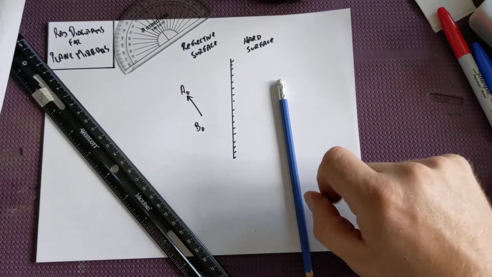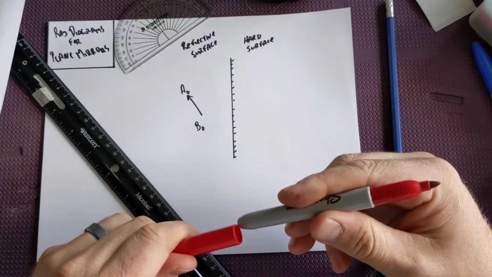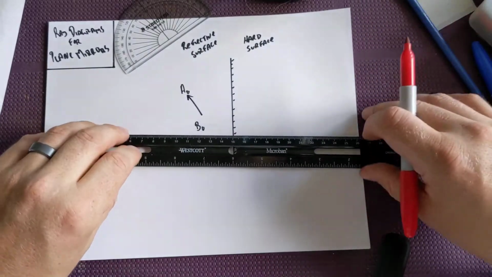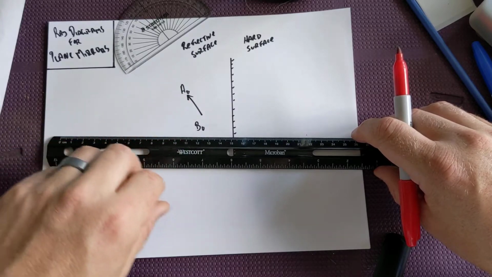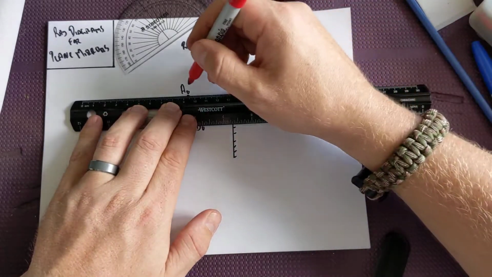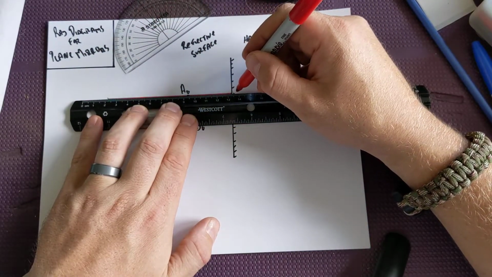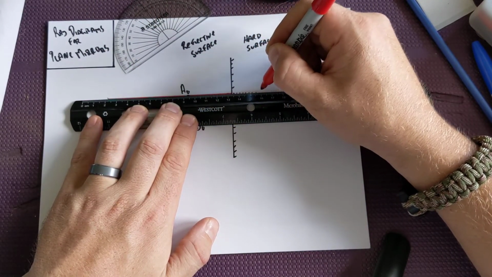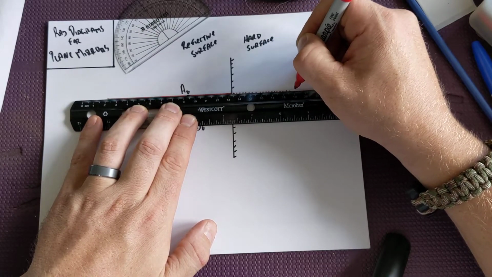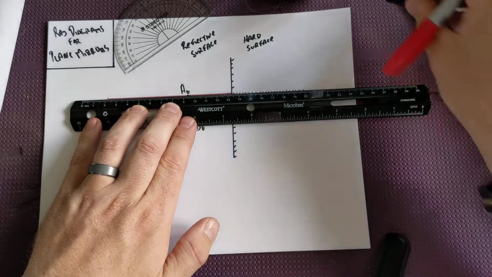You're going to be using a pencil, but I'm going to use a couple different colored markers to help us visualize what's going on. To start, we're going to draw a ray of light that travels from point A of the object to the mirror and straight backwards. It travels from the point to the mirror and bounces right back. But we're also going to put some dots on the back end as a representation of the ray traveling behind the mirror. Because with plane mirrors,